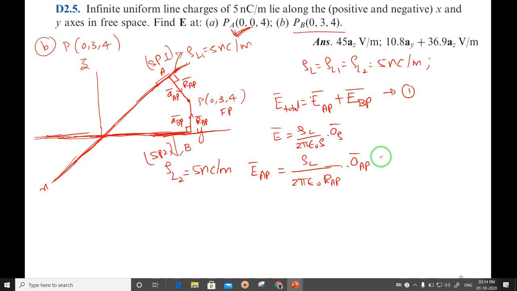Yes, fine. So we will try to calculate R_AP vector first, A to P. 0 minus, what are the coordinates here at A? This is very important. Observe here. On the x-axis, what is the coordinate of y and z? y is 0, z is 0. What about x? It should be the same as this, so x is 0 here. So it has to be 0, right? Because it has to be perpendicular, 0, 0 means origin. This point A should come here.